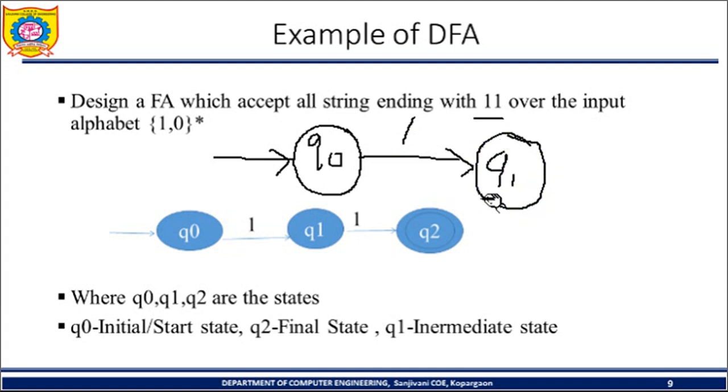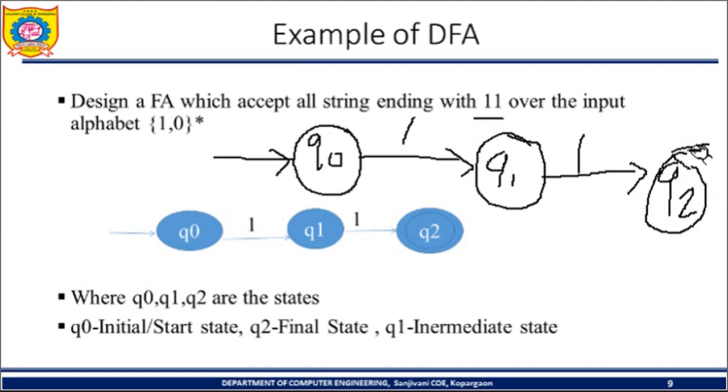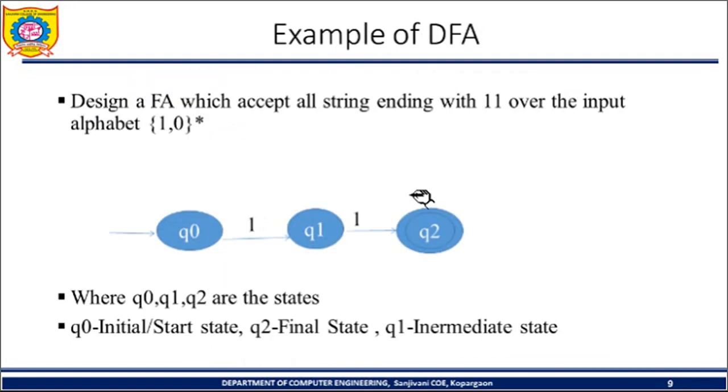Okay, as we are in Q1, this indicates that previously we had 1 as an input. Now if Q1 has 1 as input, only then we are in the Q2 state. Now you can see we are in Q2, so previously we have seen 1 1. So Q2 will become the final state, and it is shown by using a double circle in a transition diagram or transition graph. So this is the basic machine which is shown here. Here we have shown Q2 using a double circle.